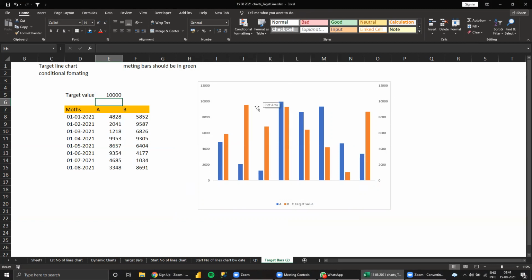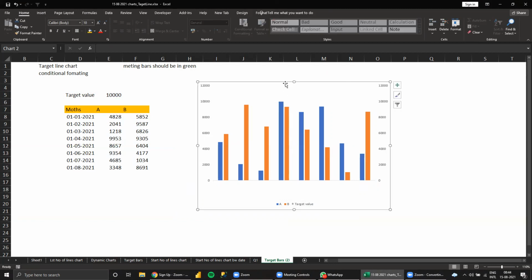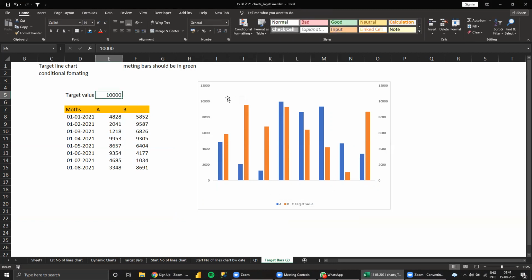Where is the dot? Somewhere is the place in 10,000. Place in 10,000.